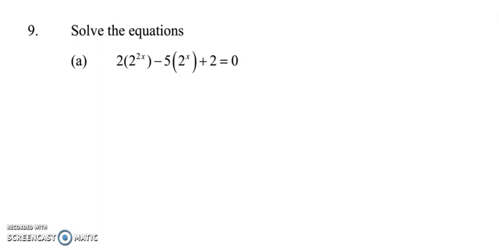Hi everyone. In this video, we're going to learn how to solve indices equations which involve the concept of quadratic equations. All right, so I have an example here: 2 multiplied by 2 power of 2x minus 5 power of x plus 2 equals 0. Now we can convert this into the quadratic form,